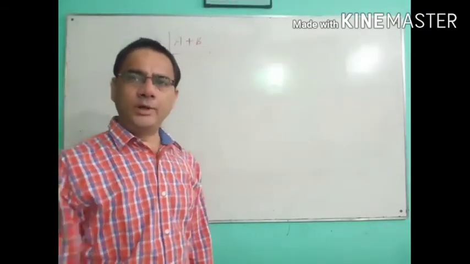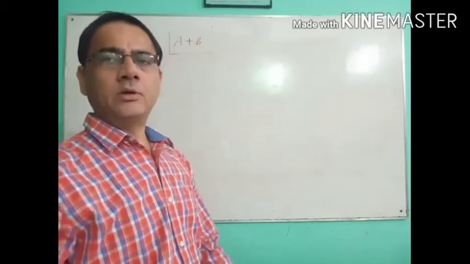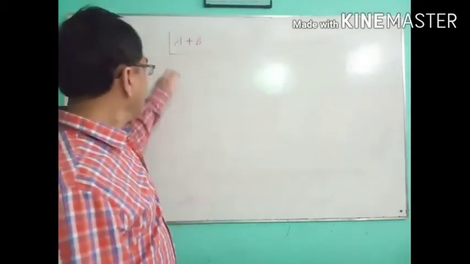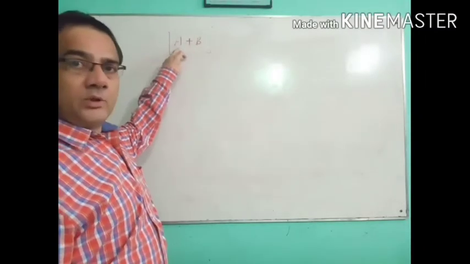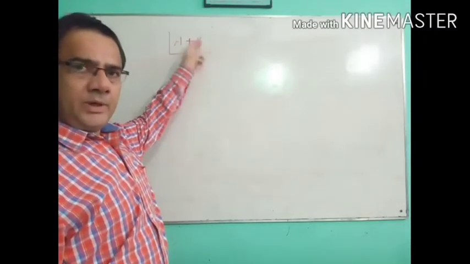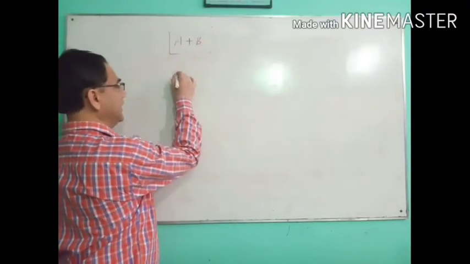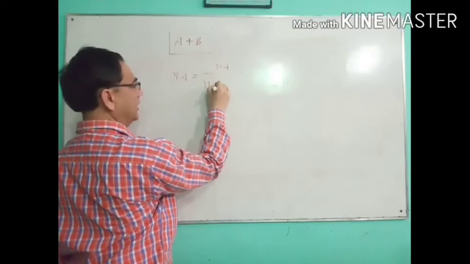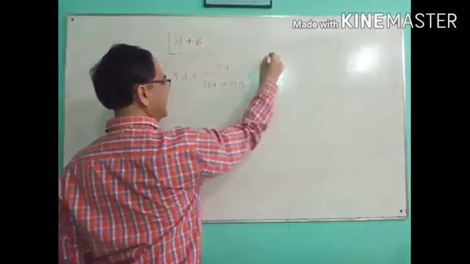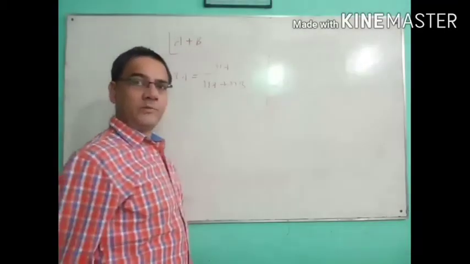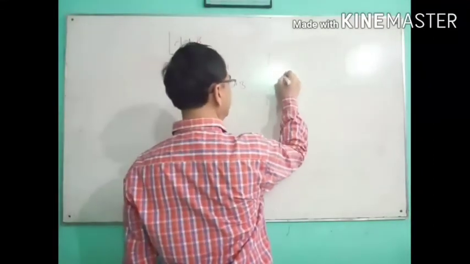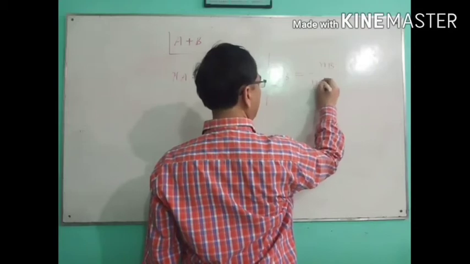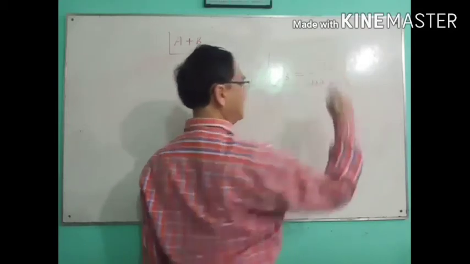One very important point about the mole fraction of a component present in the solution, that you try to understand. Now I am taking a solution having two components, component A and component B, and we write the formula: XA is equal to Na upon Na plus Nb, and the mole fraction of the component B, XB, is Nb upon Na plus Nb.